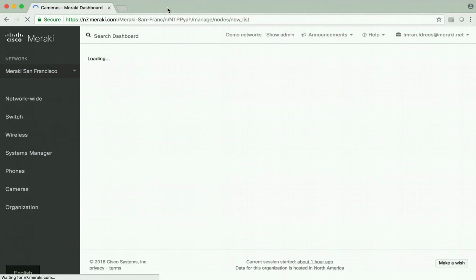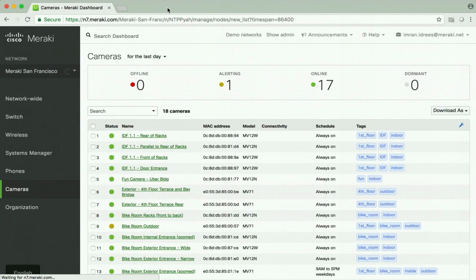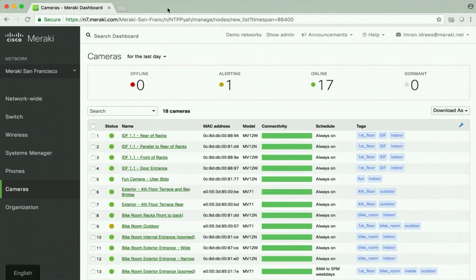Now, in true Meraki fashion, we've simplified the architecture so that each Meraki security camera actually has solid-state storage built into it,